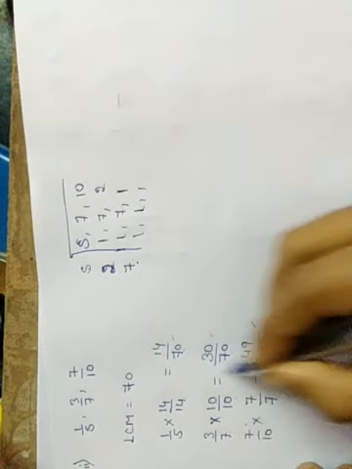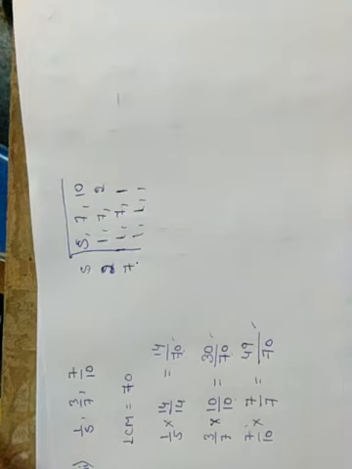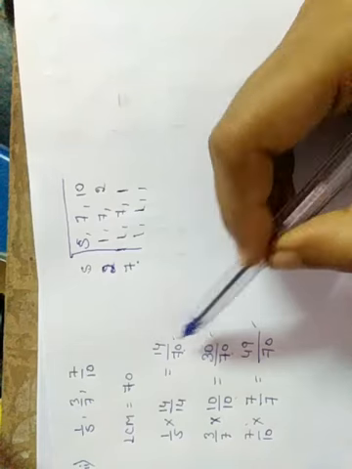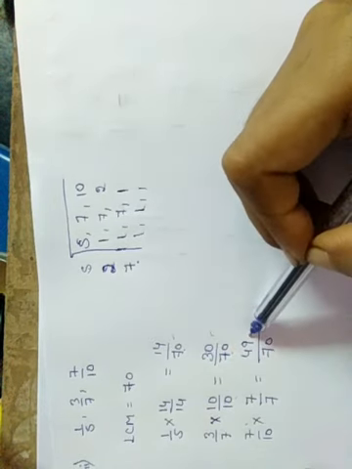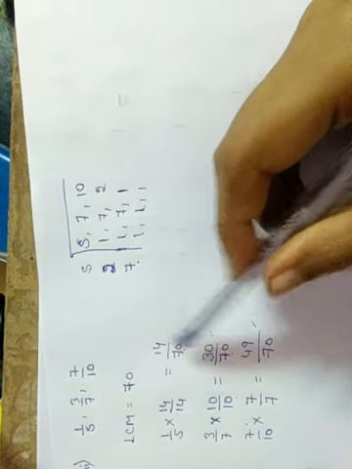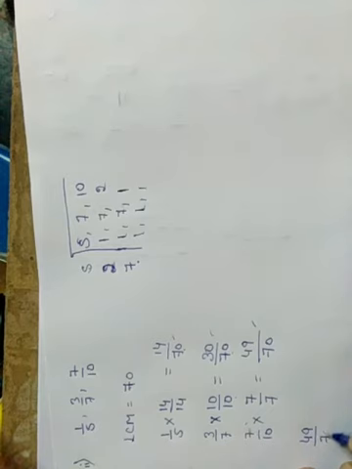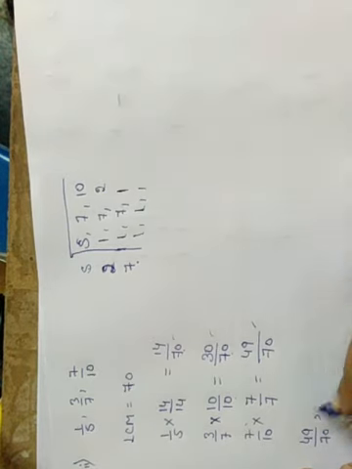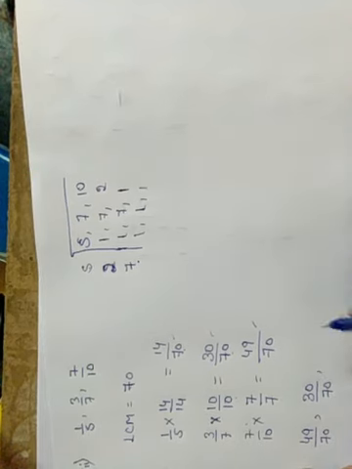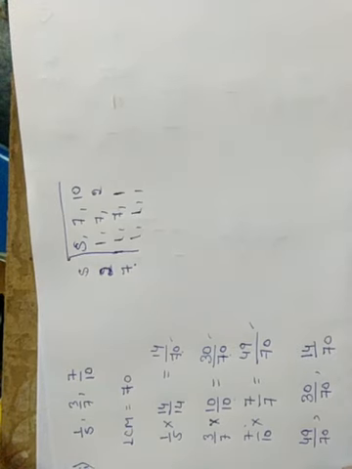Now we have to arrange these fractions in descending order. For that, which is the highest value here? Check the numerator. 14, 30, 49. 49 is the highest value compared to these two values. That we'll write first. That is 49 divided by 70. Second highest number is 30 divided by 70. Then the third highest is 14 divided by 70, right?